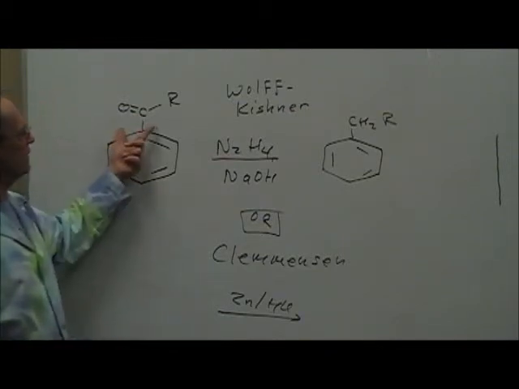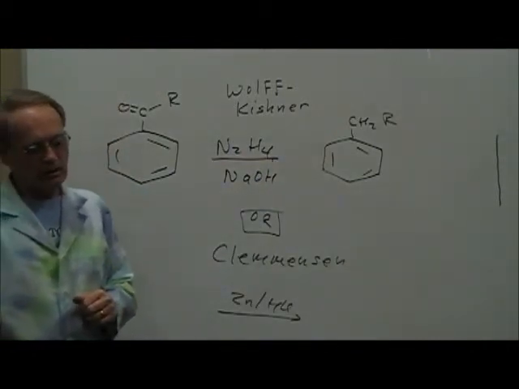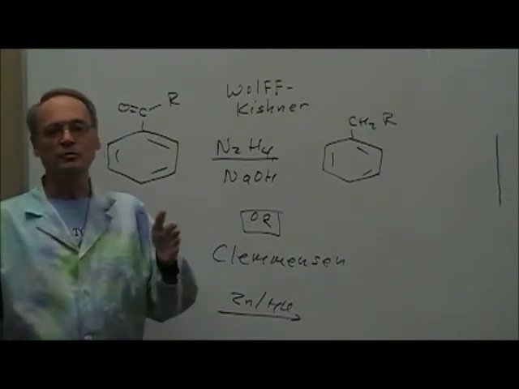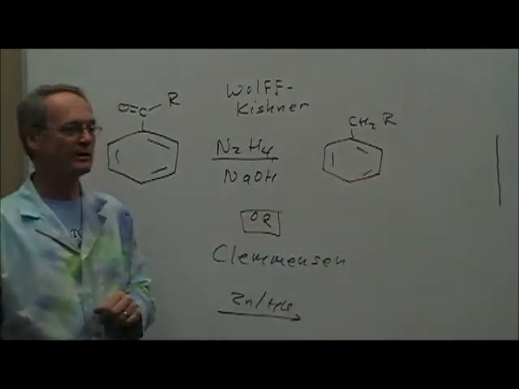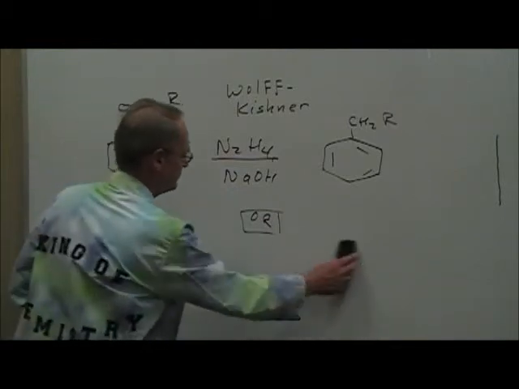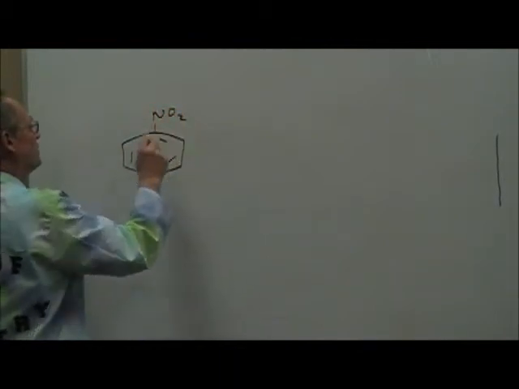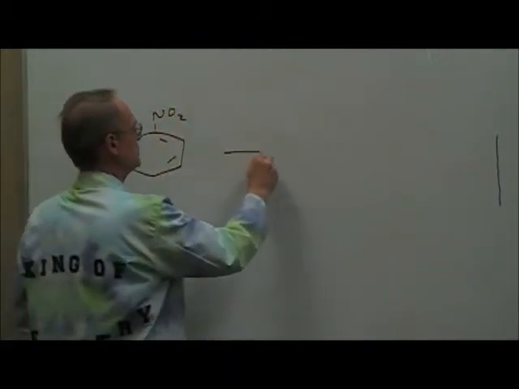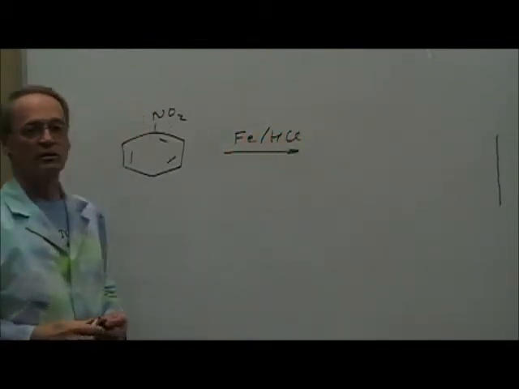Again, this is converting one kind of group on a benzene ring to another kind of group, just like we saw in the last case where we converted an alkyl group to a carboxylic acid. Notice that that could follow with this. You can convert this directly to carboxylic acid using that side chain oxidation reaction. And then the third reaction is the reduction of a nitro group to an amino group. As you know, you can introduce a nitro group directly onto a benzene ring,